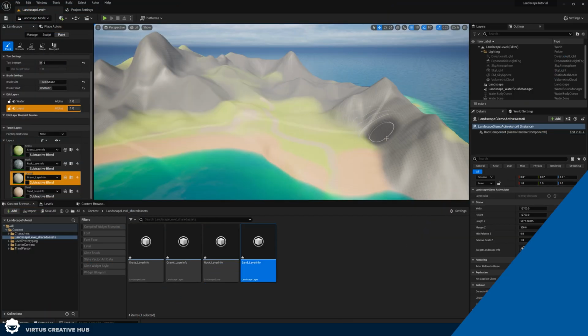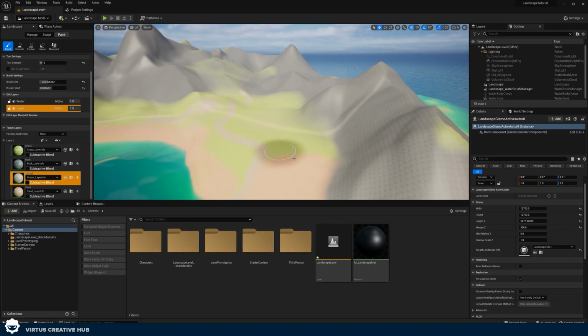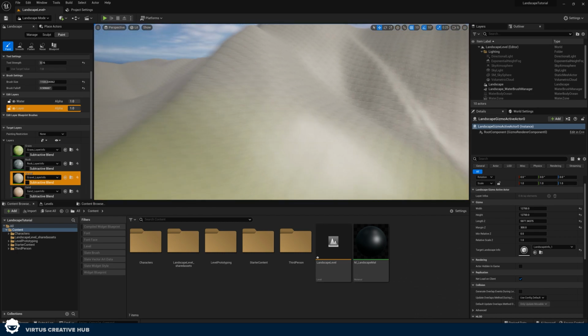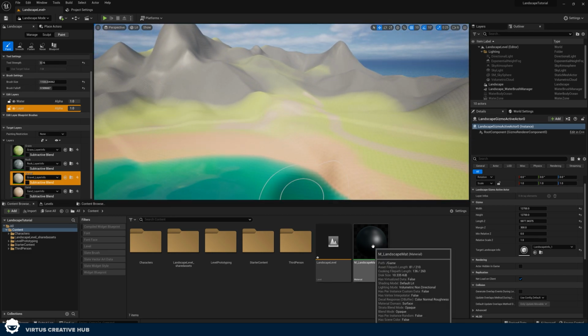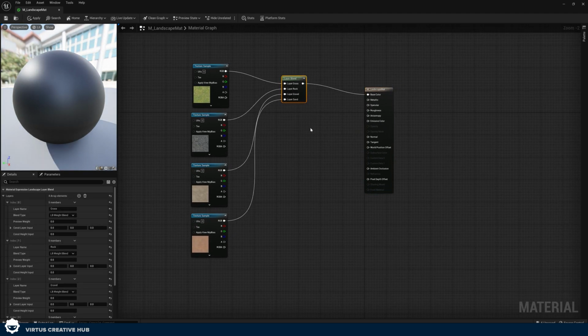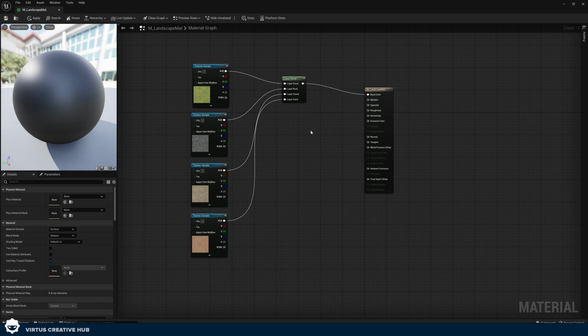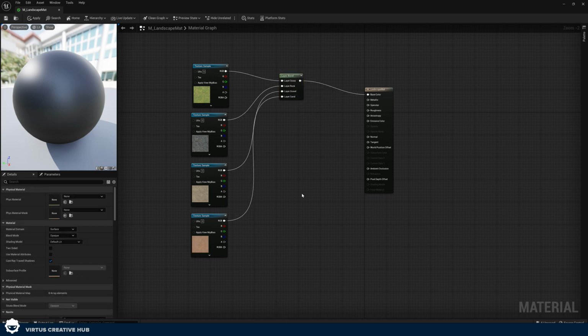Let's do that. So what I want you to do is open up your landscape material again. Feel free to spend as much time as you like painting this, but what I want to do is start setting up things like normal maps and getting rid of the shine. Inside of here we have a set of layers for our base color. Now for any of you that do want to do more complex things with our materials and use different texture types such as metallic, specular, roughness, emissive, etc., all I need to do is select my layer blend node,